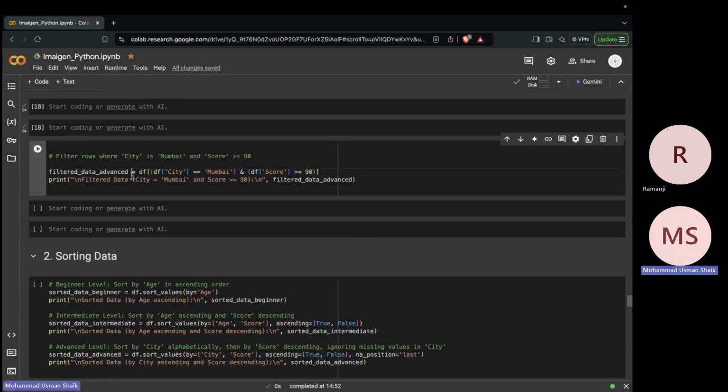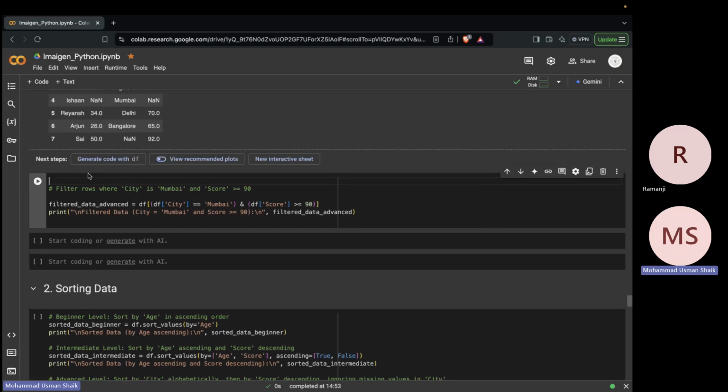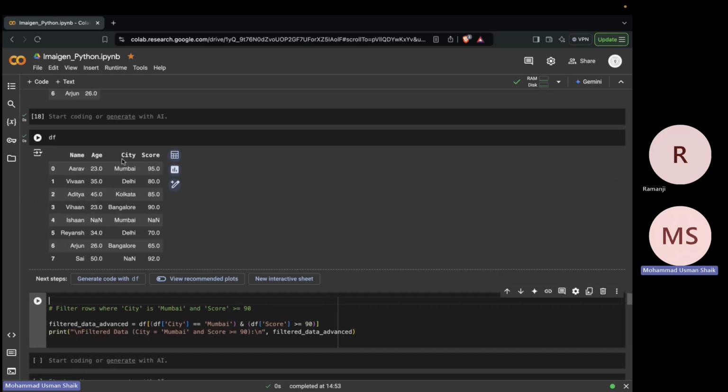Then let's say we want to apply a filter where city is Mumbai and score is greater than or equal to 90. Let's check the data frame here. First of all, city is Mumbai. This is Mumbai, 1, 2. First of all, our filter is going to apply only on these two rows, and on top of it, also, what it is trying to say,